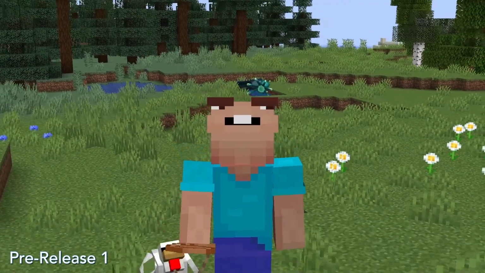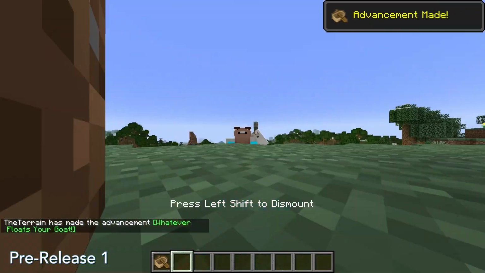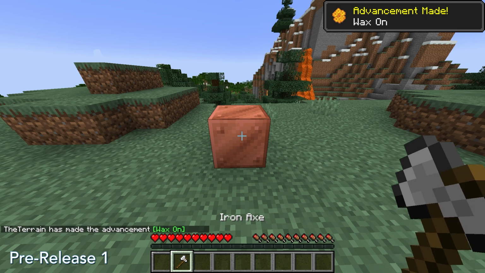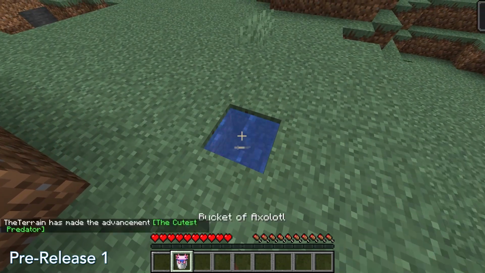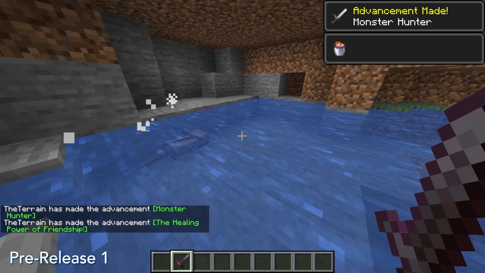To start off the snapshot, Mojang has loads of new advancements for the game. Whatever Floats Your Goat has been added for floating in a boat with a goat, Wax On for applying wax to a copper block, Wax Off for scraping wax off of a copper block, The Cutest Predator for catching an axolotl in a bucket, The Healing Power of Friendship for teaming up with an axolotl and winning a fight,